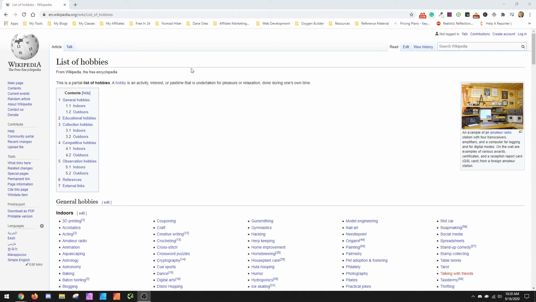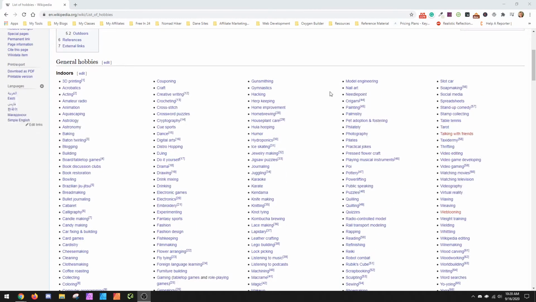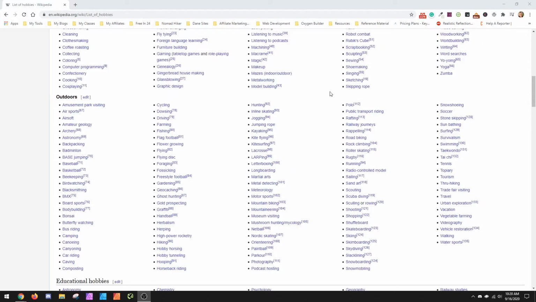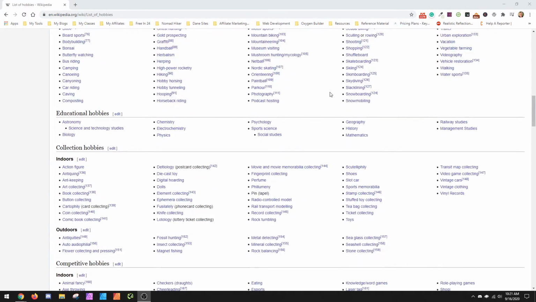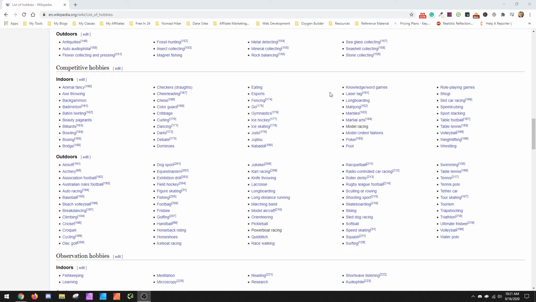I was going through the list of hobbies, scrolling through randomly, and I came across a game that my dad used to have us all play, to show my age, in the 80s and into the 90s. That made me wonder if it would be kind of open and less full of people, because it's not necessarily the most popular game nowadays, but at this point I think it would